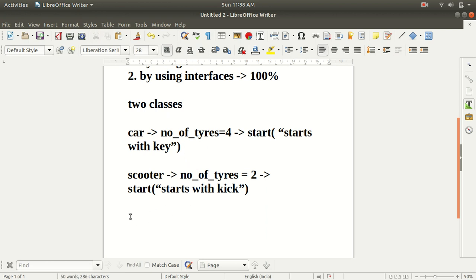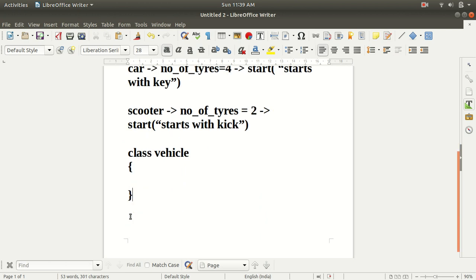So here we will create a class, let's say with the name Vehicle. Inside this class I will declare the variable, but I will not define a value for it.